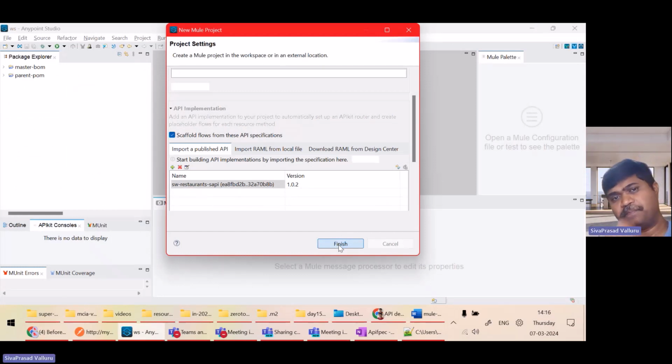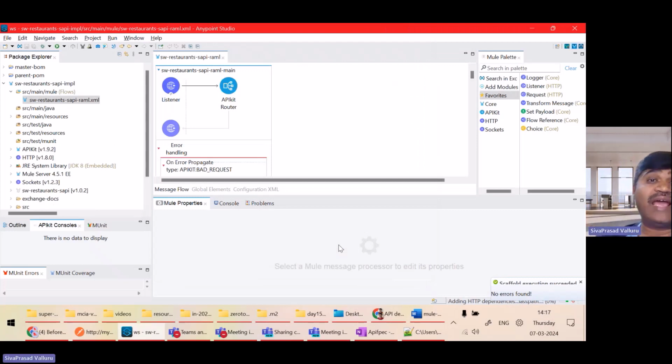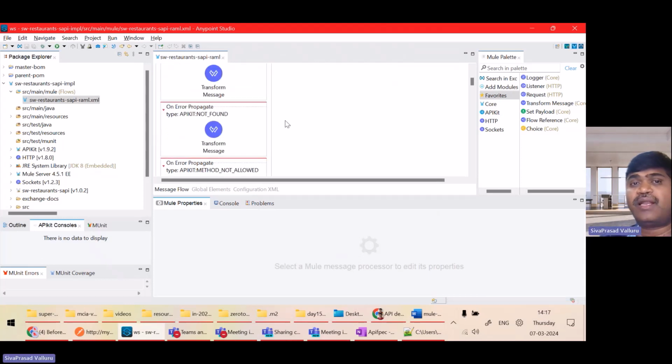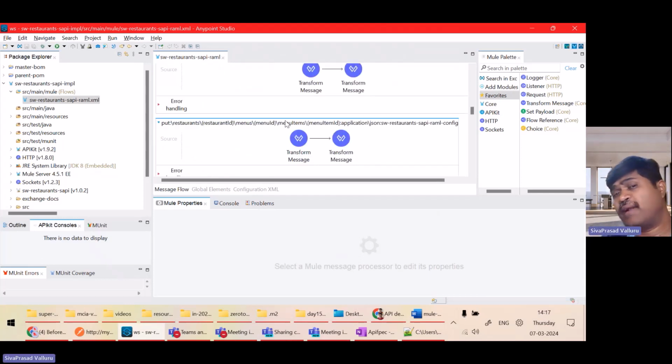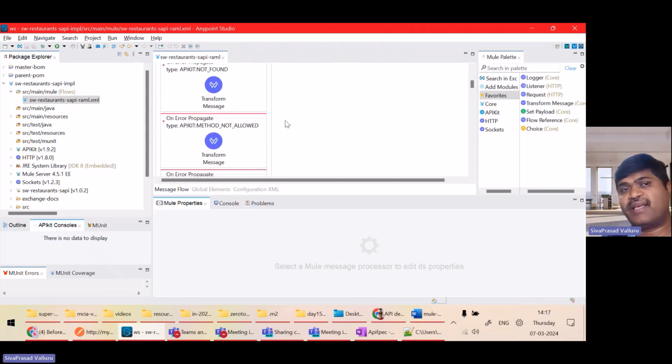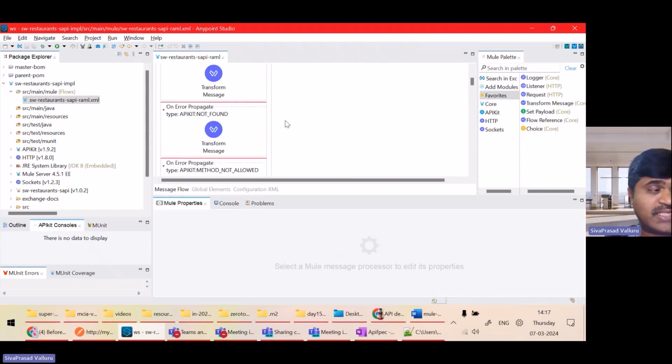This will take some time. Let it create a project. Okay, as you know, all the flows will be automatically generated. Fine. Now, I wanted to do implementation, but before I do implementation, actually, I know that this is a system